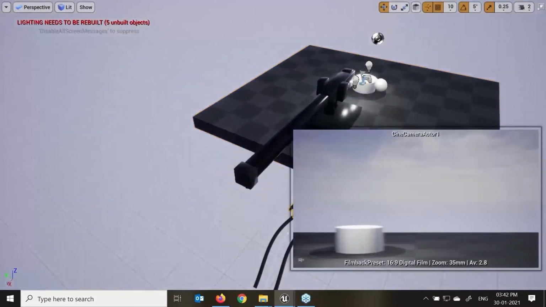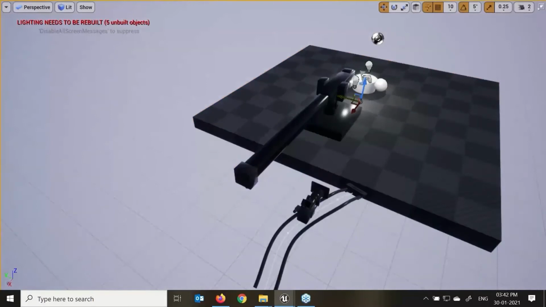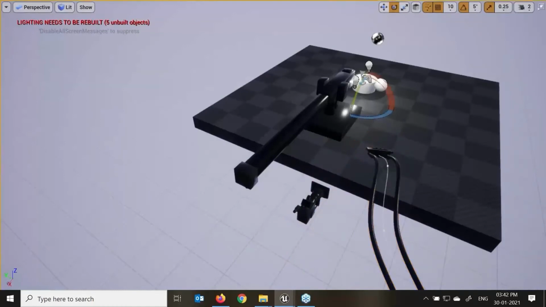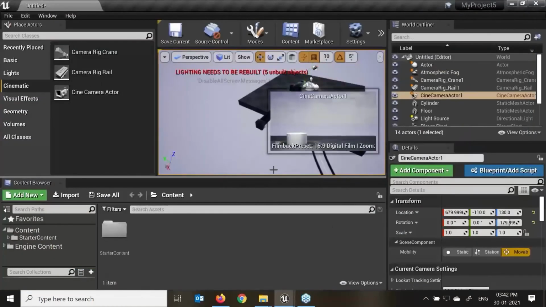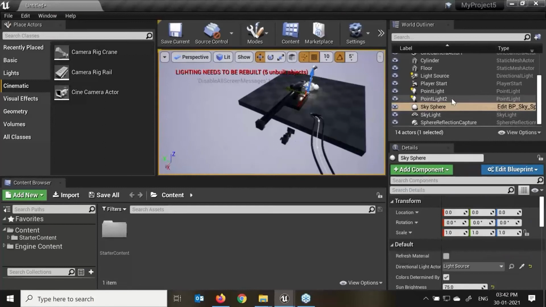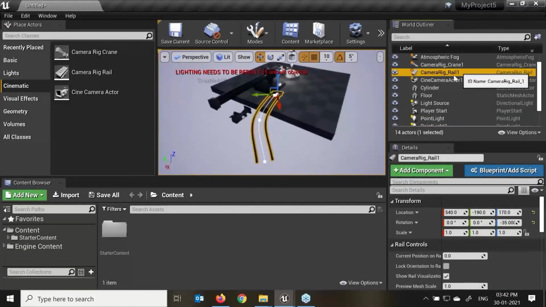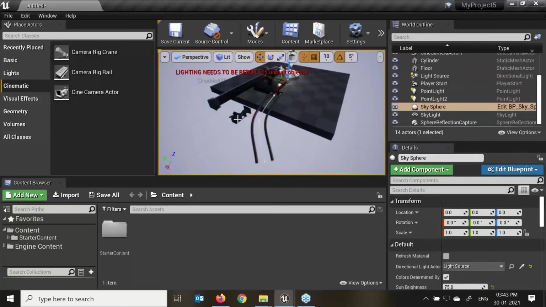I'll just move this camera a little bit closer over here and select this panel, pull this up, or depending upon my requirement, maximize or minimize that view. This is my camera rig 11. I'll double click on that, and if I want to give it a name, I'll call it camera rail underscore track. With the help of the detail panel, we can rename it.